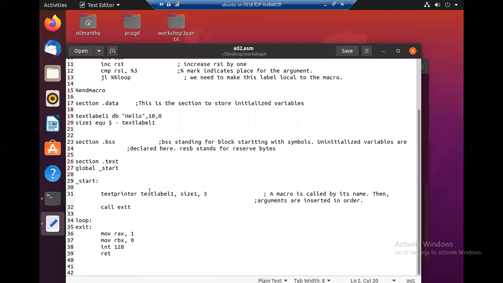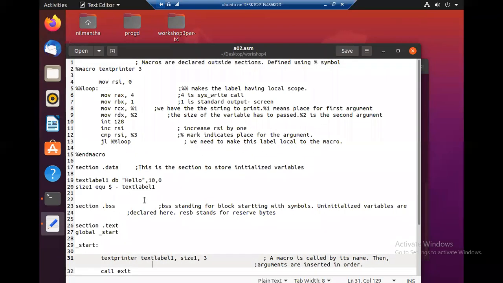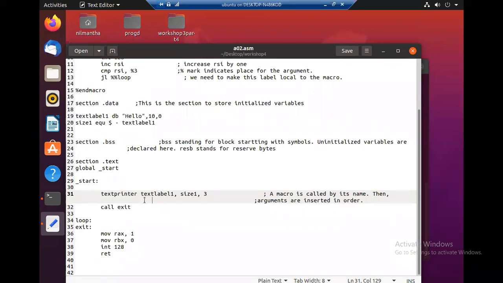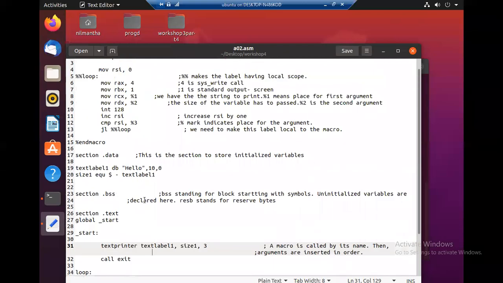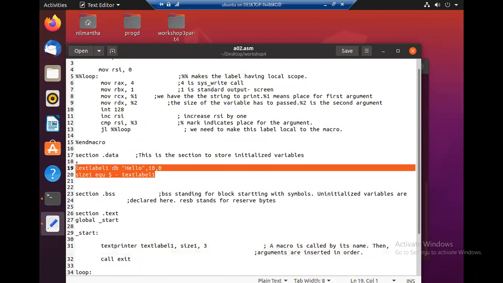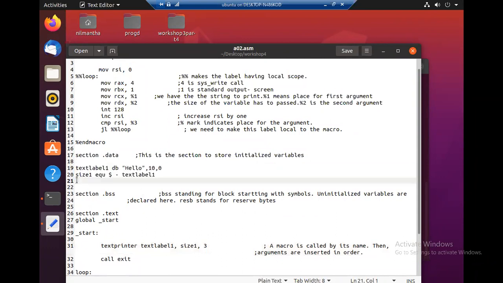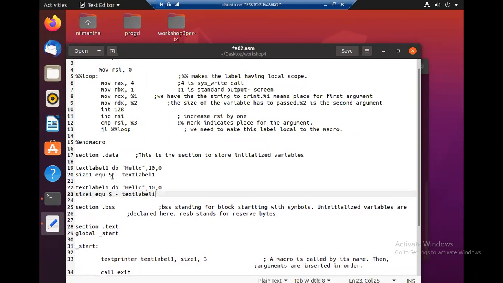Right. So with this, if you want to print another text, you need not create another subroutine. You can just use the same macro again. For example, if I define another text, I'll use this one as text label 2 and this one as world, this one as size 2 and text label 2.